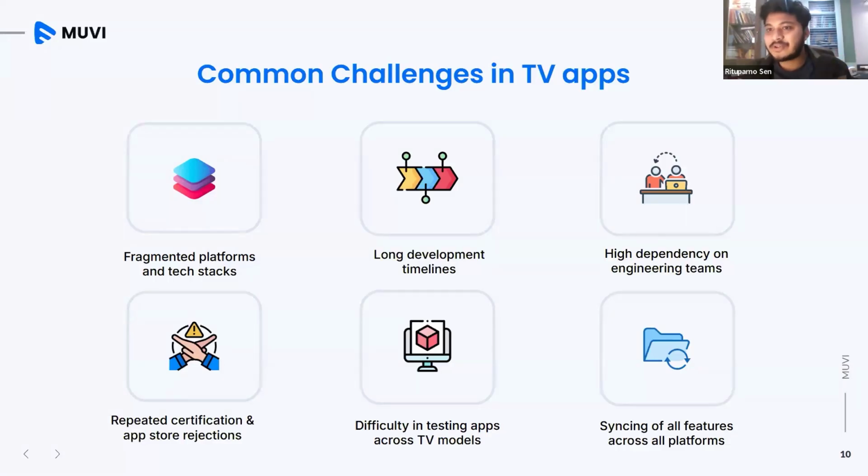Developers understand the core logic, product managers or product team understand the business end of logic, analysts understand the use cases, the scenarios. But if the feature is not working properly, if it is not tested across all the different TV OSs, if it is not tested across different TV models, how do you make it market ready? This is one thing that we have heard a lot from our customers. That's why there are this many players, and that's why this is more challenging and more engaging to create TV apps in this space.